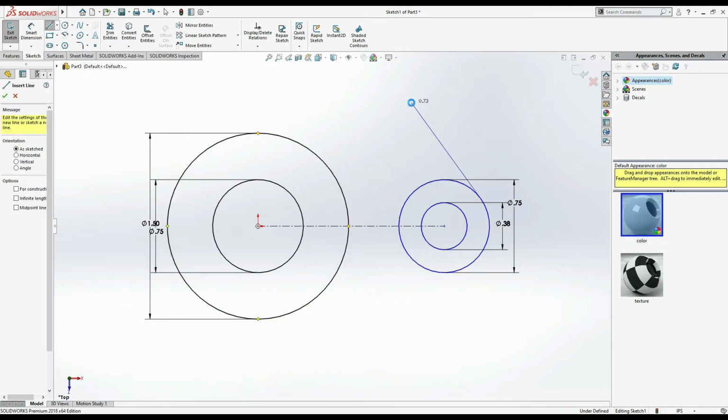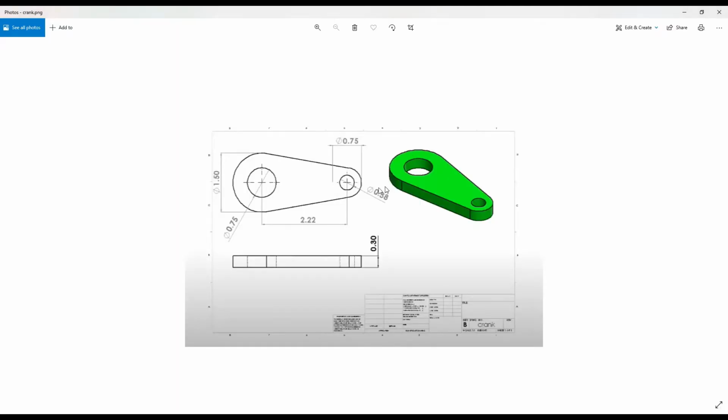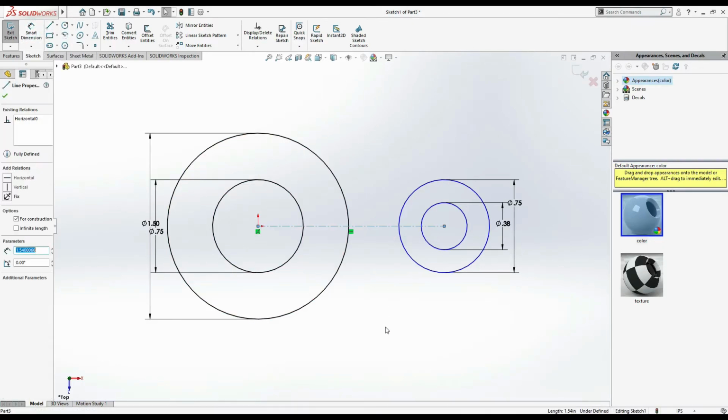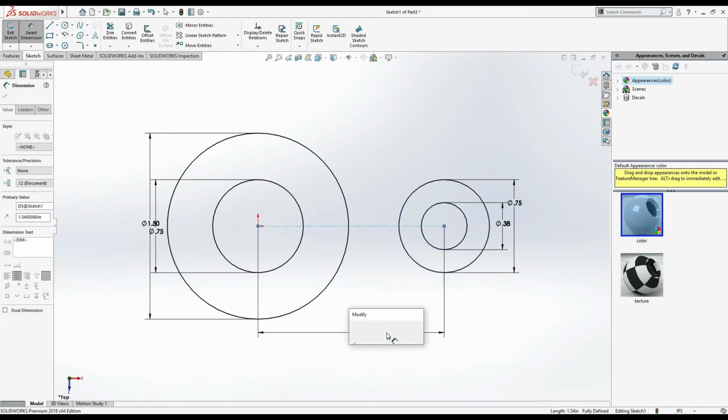One more thing: the distance from this circle center to this circle center is 2.22. Also mention it as a smart dimension, 2.22. Okay,